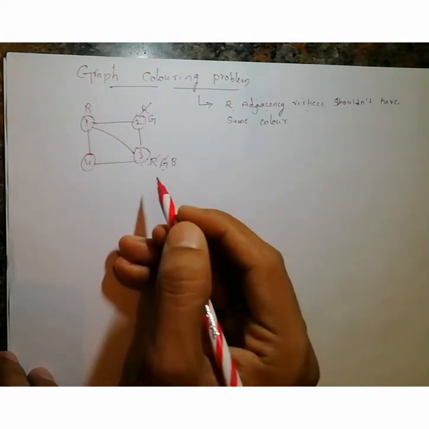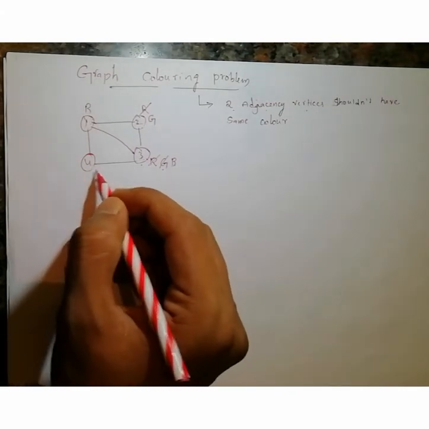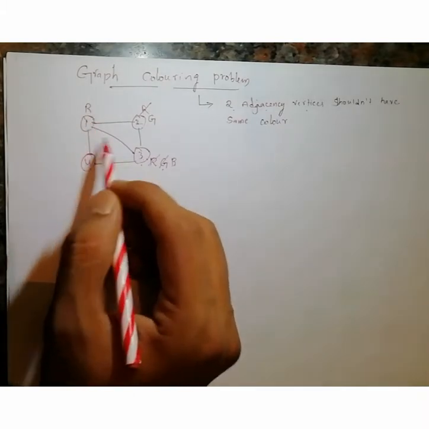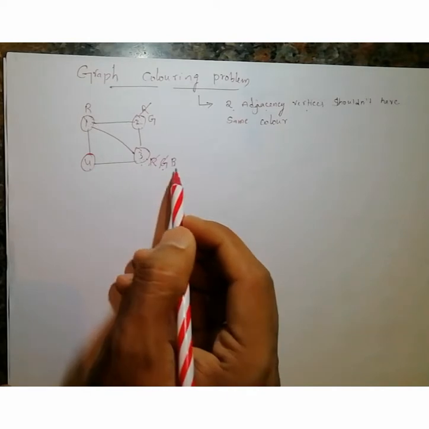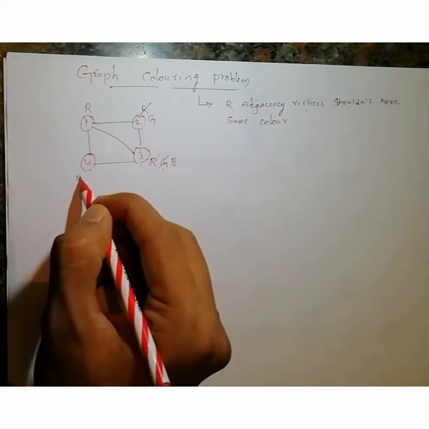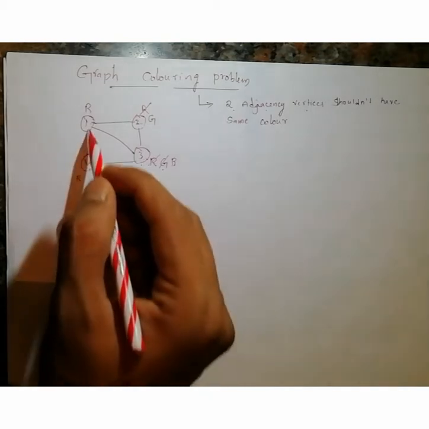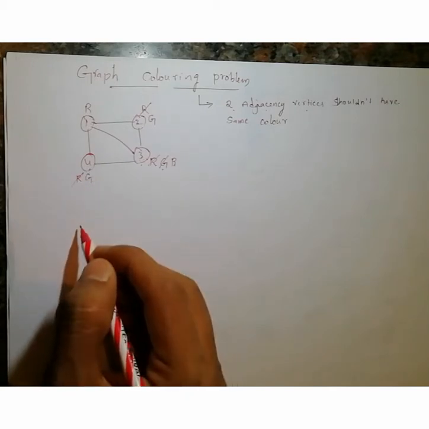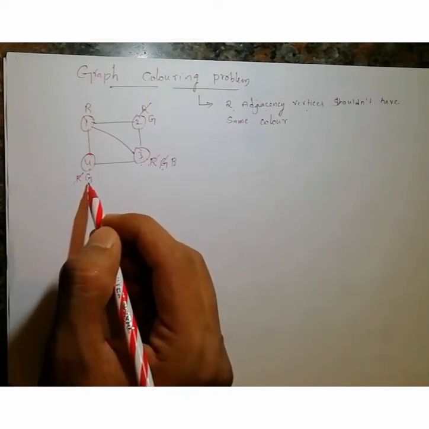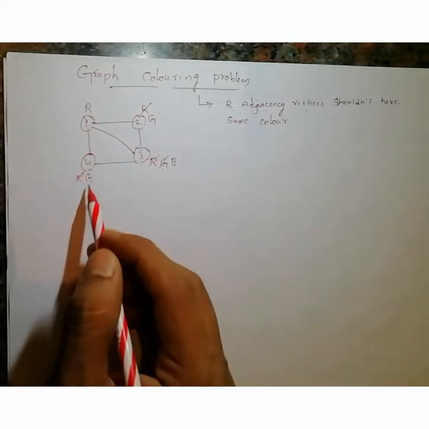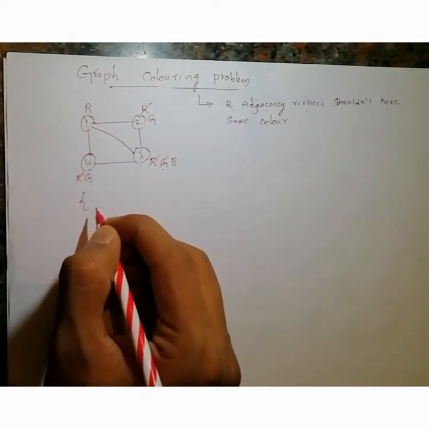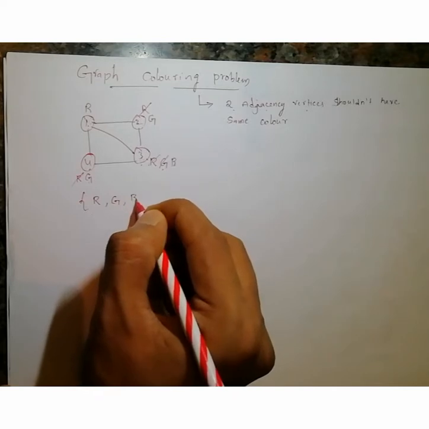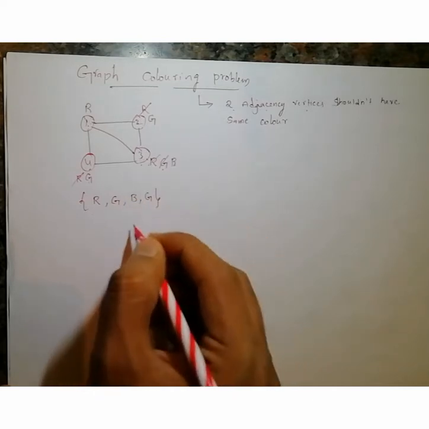Like this we have to give colors to each and every vertex. For the fourth vertex, what color can I give? Vertex 1 is red, vertex 2 green, vertex 3 blue. Can I give red color for vertex 4? No, I can't, because 1 and 4 are adjacent, so it should not have the same color. Again, can I give green? Yes, green is not the color of an adjacent vertex, which are either red or blue. So I can give it. So what is this combination? First vertex color is red, second vertex color is green, third vertex color is blue, fourth vertex color is green. So this is the combination.